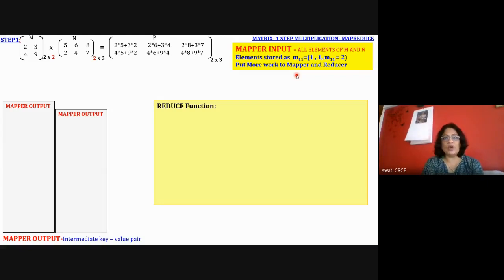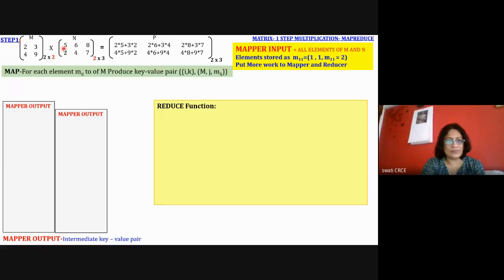What is done till now? We'll summarize. I have two matrices and I want to multiply both of them. I'm going to get a third matrix. The name of my third matrix is P, and each element is accessed using I comma K, where I indicates the row and K indicates the column, for my resultant matrix. So P_IK is the value of the element for matrix P, and for M it is IJ and for N it is JK. Don't forget: M means IJ, N means JK, and P means IK.